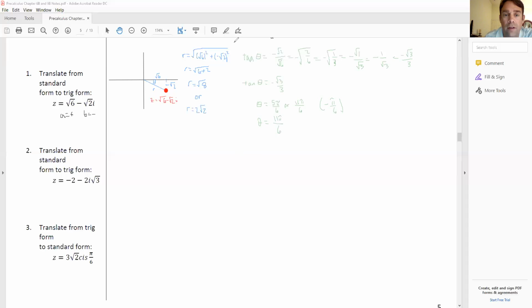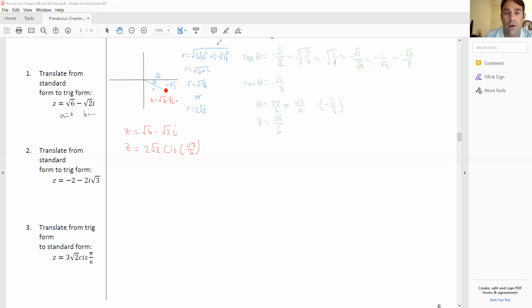So now I have my theta, I have my r, so that means z of root 6 minus root 2i is the same thing as r cis, C-I-S. So I got my r value, theta. My theta is 11 pi over 6. And we're done. All right, guys, why don't you guys go ahead and pause the video for a second and